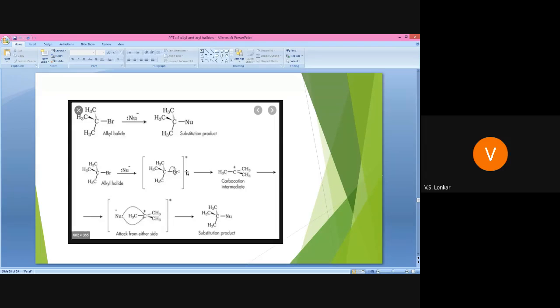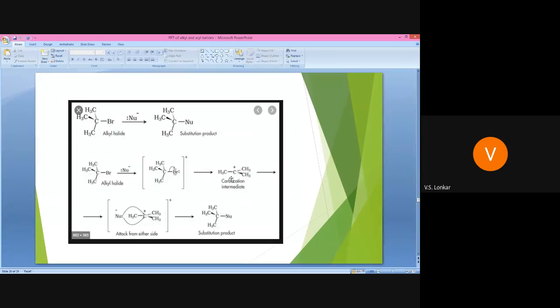In that transition state, the bond between the carbon and bromine becomes weak. At first, whenever the tertiary butyl bromide reaches the highest energy point known as the transition state, the bond between carbon and bromine becomes weak. Then after that the bond breaks between the carbon and bromine, and bromine leaves the molecule with its bonding electron pair. Therefore, there is formation of this tertiary butyl carbocation, and Br minus is eliminated as a leaving group.